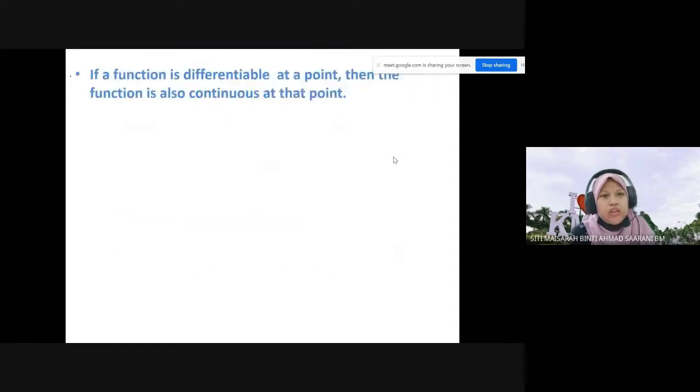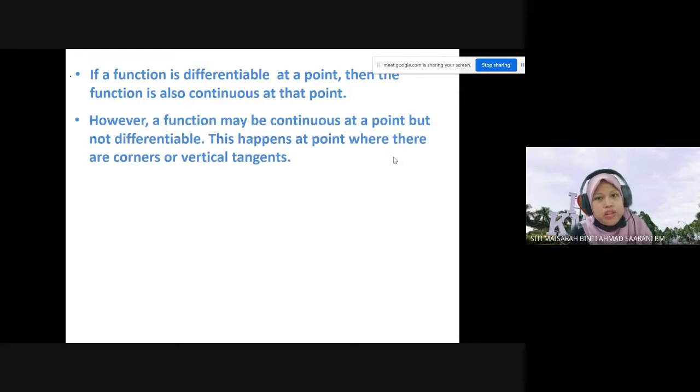Okay. If a function is differentiable at a point, then the function is also continuous at that point. However, a function may be continuous at a point but not differentiable. This happens at point where there are corners or vertical tangent. For this case, kita boleh concludekan untuk awak, kalau function tu differentiable, biasanya function tu continuous. Tapi ada certain case, kalau dia punya point tu corner,